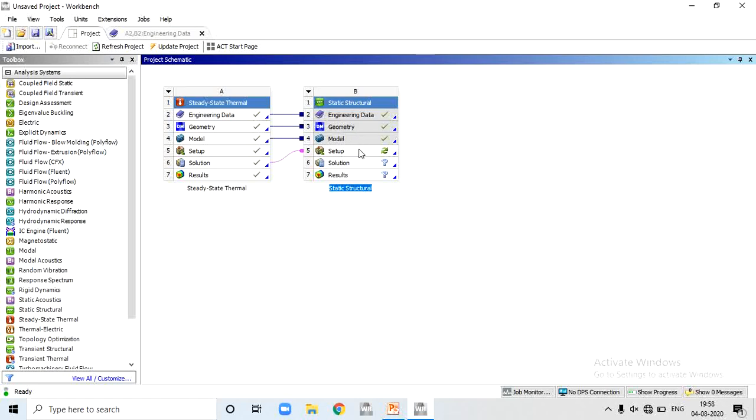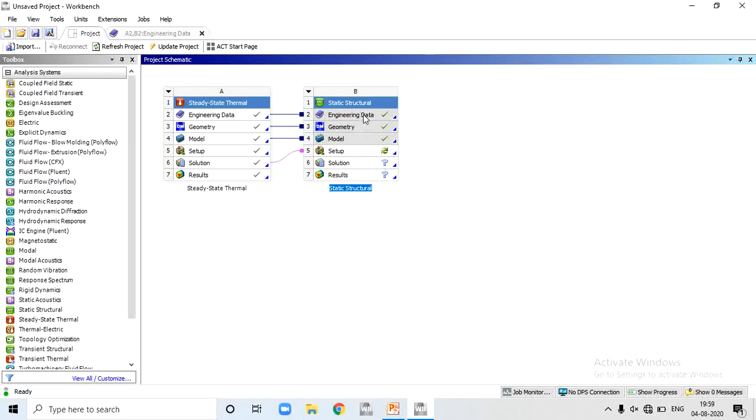We just need to give some boundary conditions for structural analysis, and after that we can solve. So in this way, don't double click and create a new tab. Just pick and drop on solution, that is point number 6 we will get. And in this way we can club thermal as well as structural.